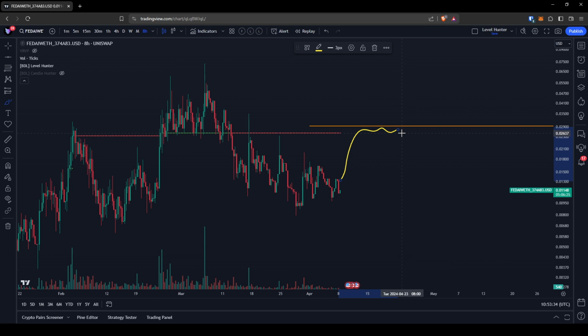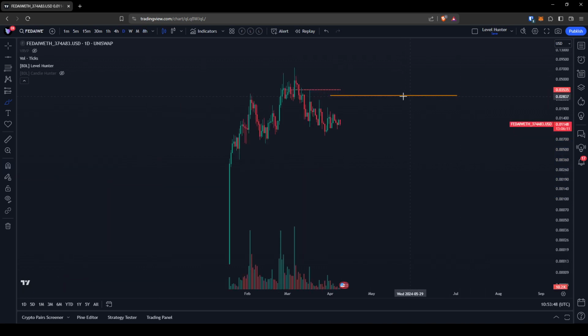How does it look on the 8 hour or on the daily? But this orange line here is fixed. So anyway, it's a strong resistance. So if we can keep the support here, it's a good time to accumulate, I think, or set